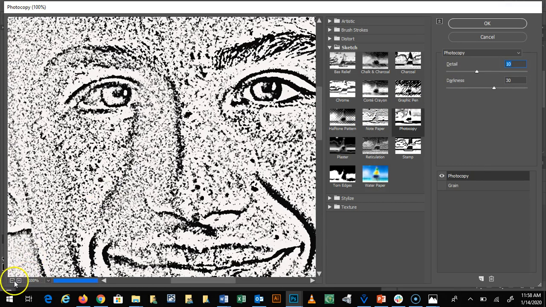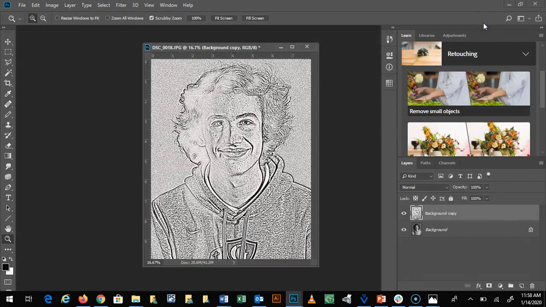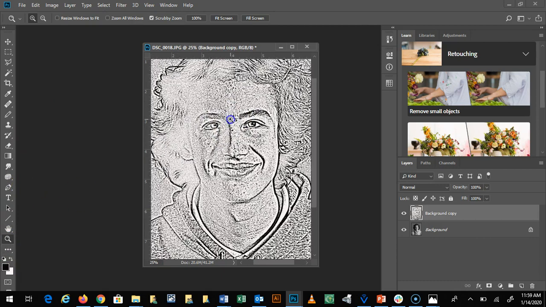Down here in the corner, you can actually zoom in and out. I don't want to hit that now because I'll probably accidentally pause the video. All right. And then just play around with the sliders, then hit OK when you think you've got something useful. Now watch what happens. All right. It looks weird, but if you really zoom in and look here,